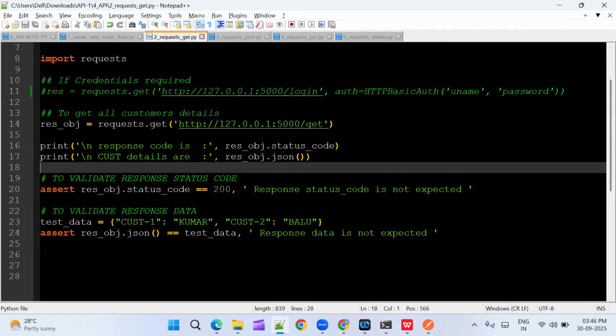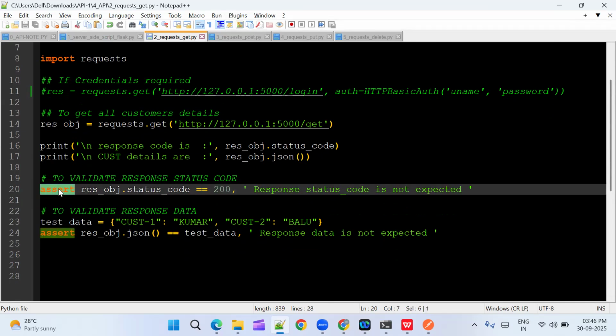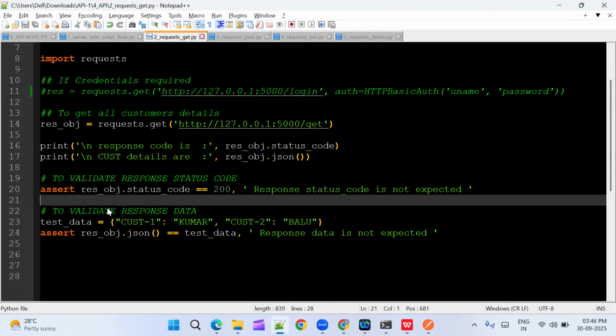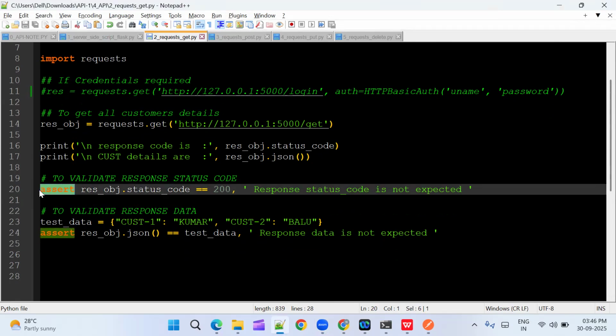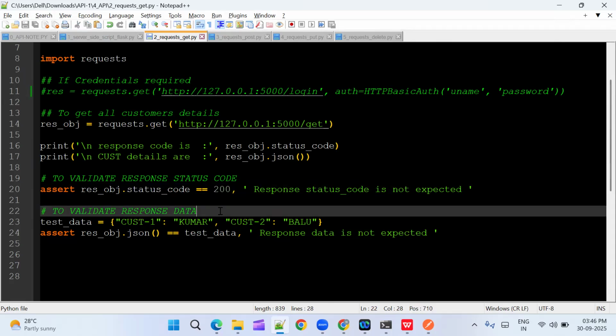How do we do that? There is an assert statement. Using this assert statement, we can validate the response status code along with the data. Let me explain what the assert statement is. After assert, we have to give some condition. If the condition is not satisfied,